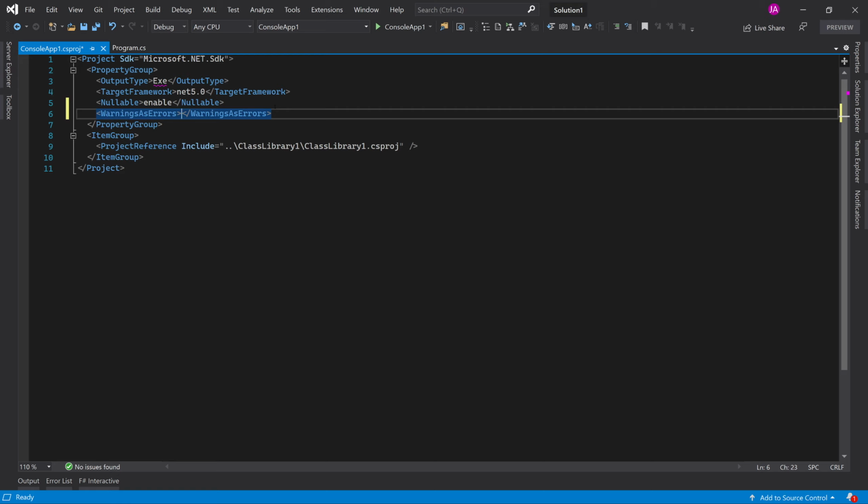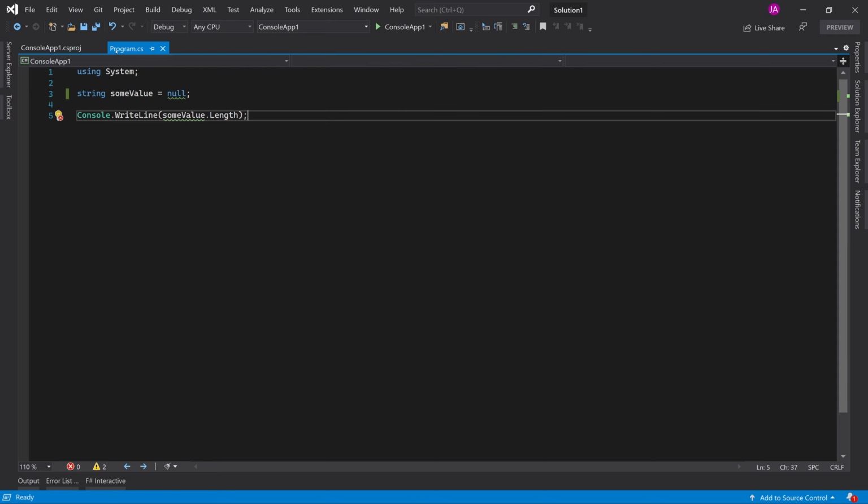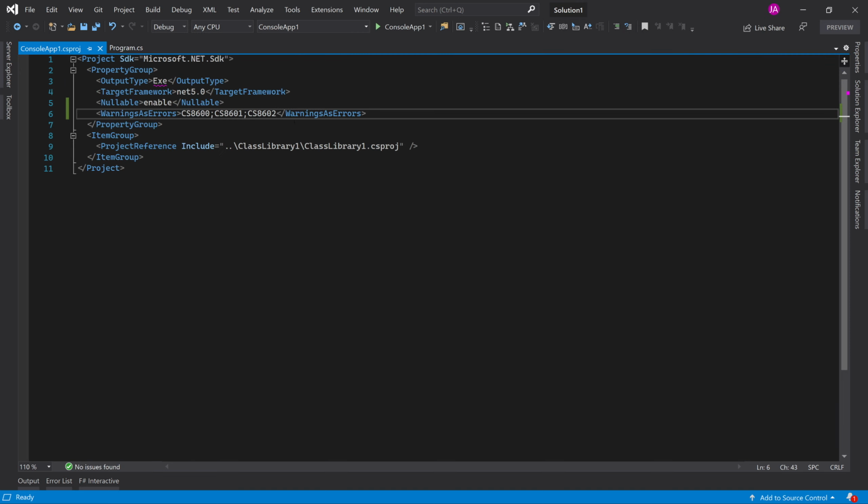And then I can say what I want. So CS 8600, CS 8601, CS 8602, save, go back here, and should be error, now it's error. Okay, so all similar approaches using different file formats, but all similar. But something I wasn't aware of, which is great, is that instead of listing all the errors here,